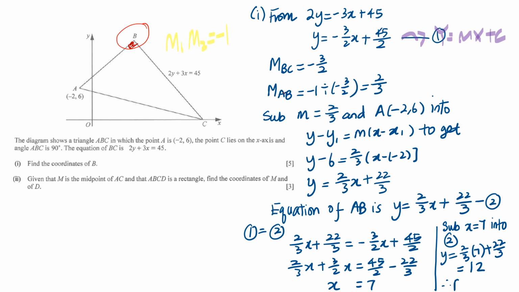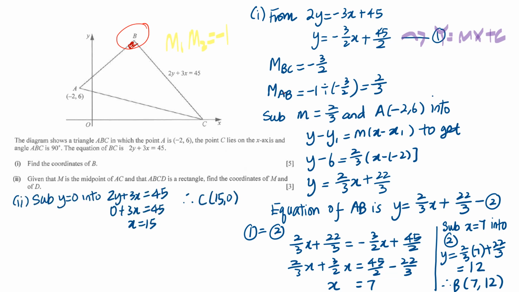Alright, so we found B to be 7, 12. Right, so the next part is a bit tricky. You're given that M is the midpoint of AC. Alright, so we have a point M which is the midpoint of AC. But before that,